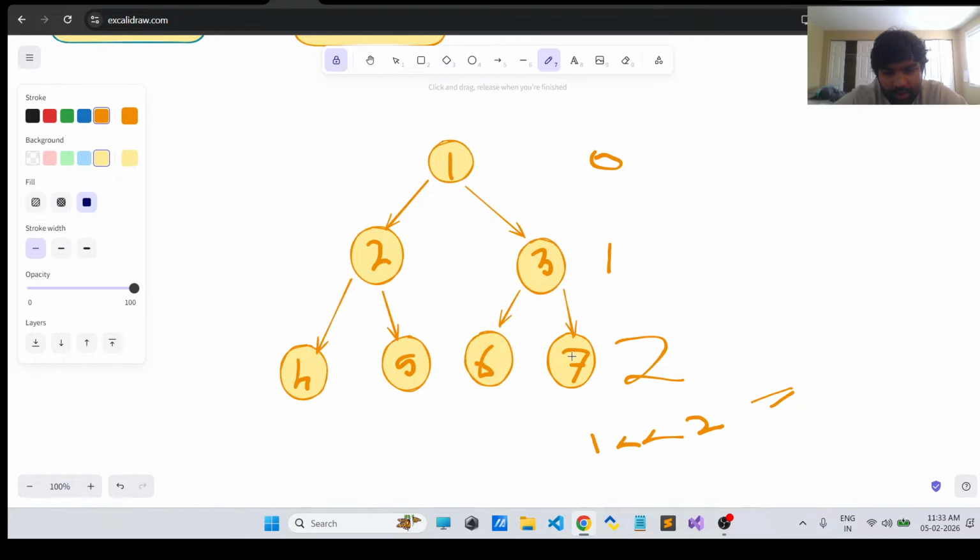But if there was a 1 here, this will be 3, and when I go from here to here, this will be times 2 plus 1, right? Okay. So when I return from somewhere, what I can do is